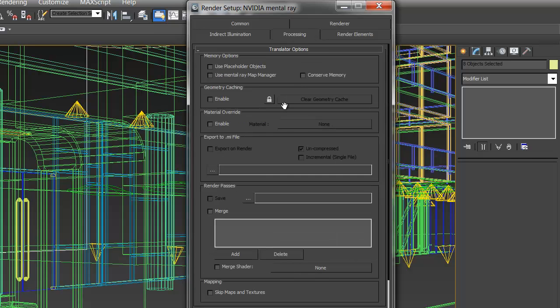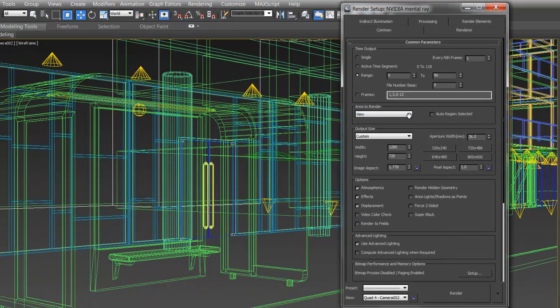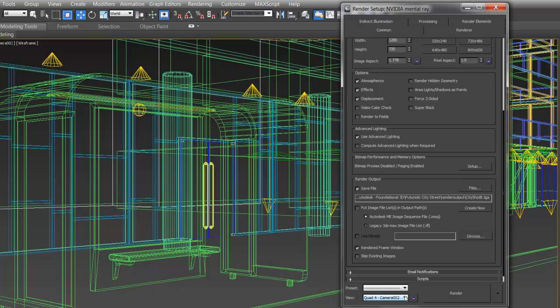I'll check in processing, and this is an important one in Mental Ray especially, making sure that there's no override materials enabled, so we see the right colors. It looks like I'm ready to go, and one more time, check the range here, the file, and the camera. In this case, I'm running from Quad 4, Camera 2, and I'll hit render